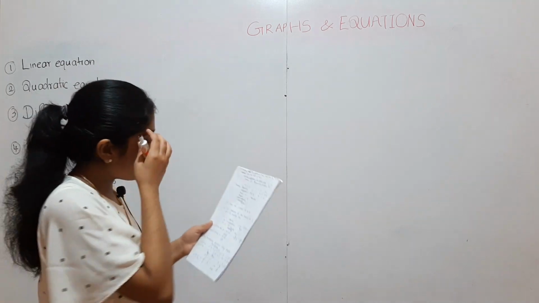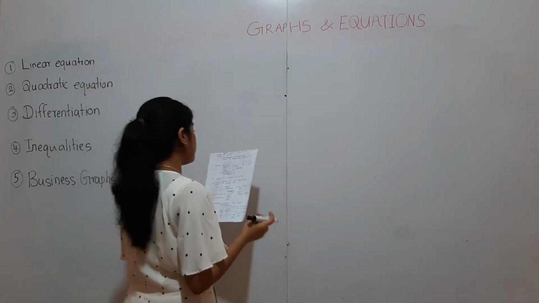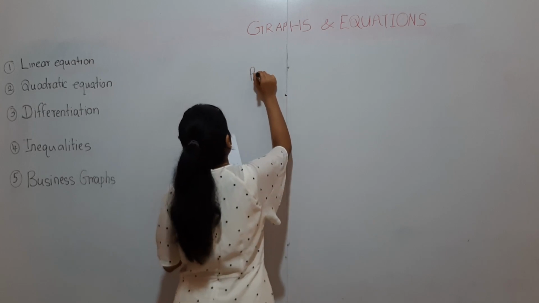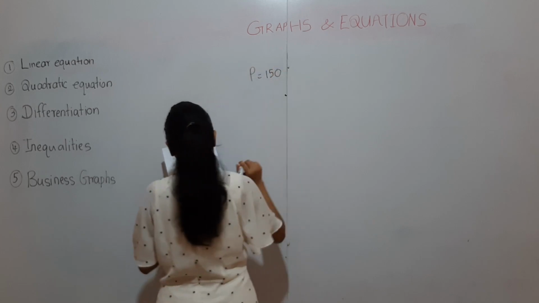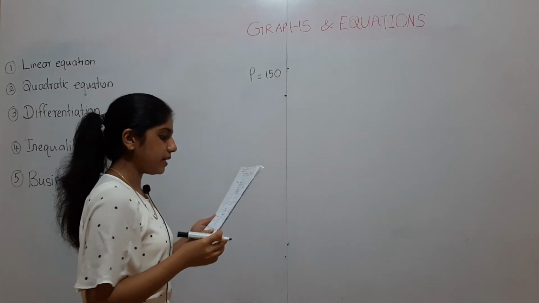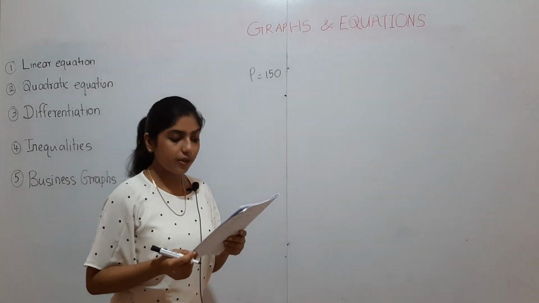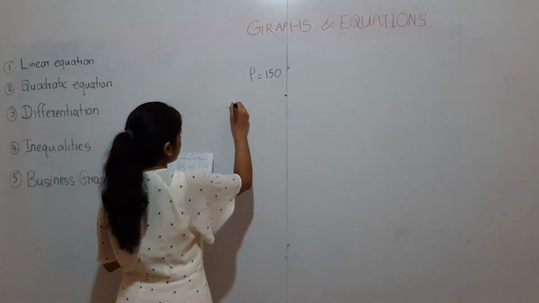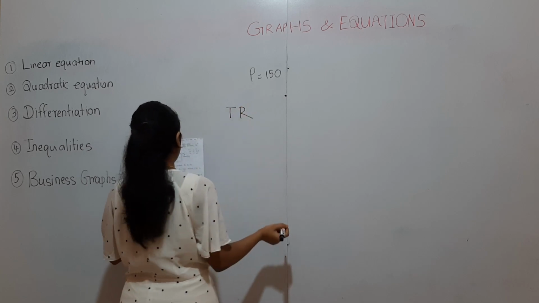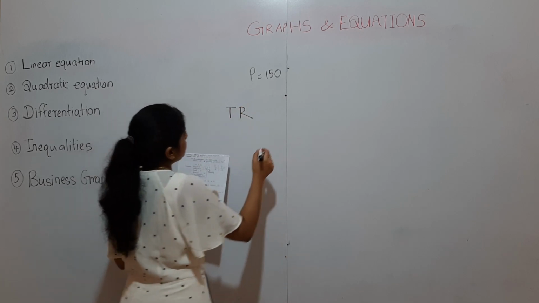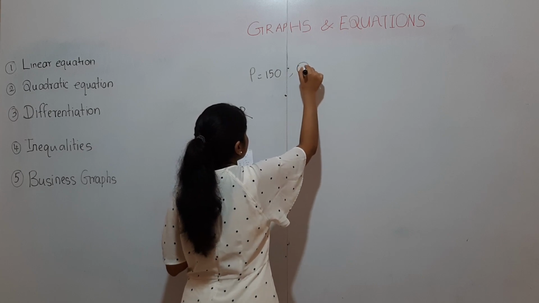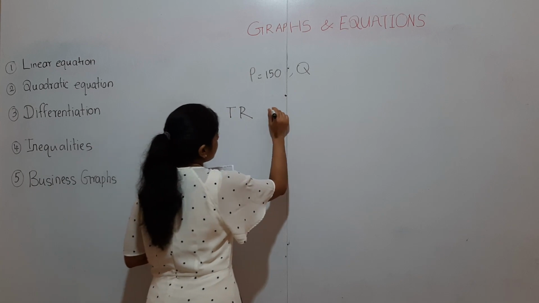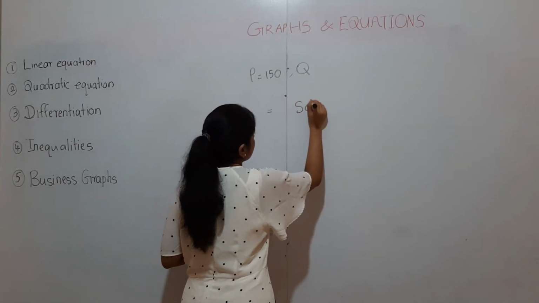They say a company sells a product for 150 rupees. That means the price is 150 rupees. Find an expression for total revenue in terms of Q, quantity sold. So they want an equation for total revenue in terms of Q. We have to express it by the quantity. So we know total revenue equals sales price